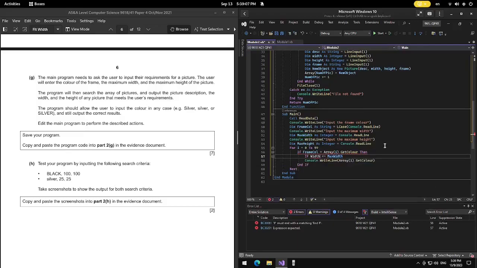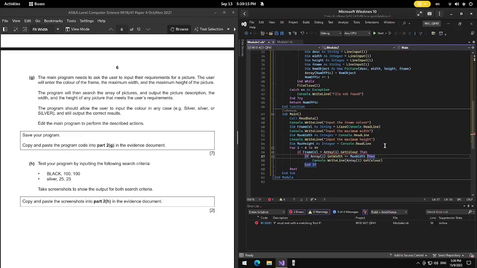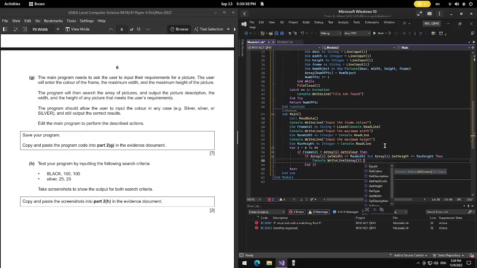In this case, when we're talking about width, we're talking about array I dot get width and array I get height less than or equal to max height. Then Console.WriteLine, we need to output the picture description. So get the description, array I get description